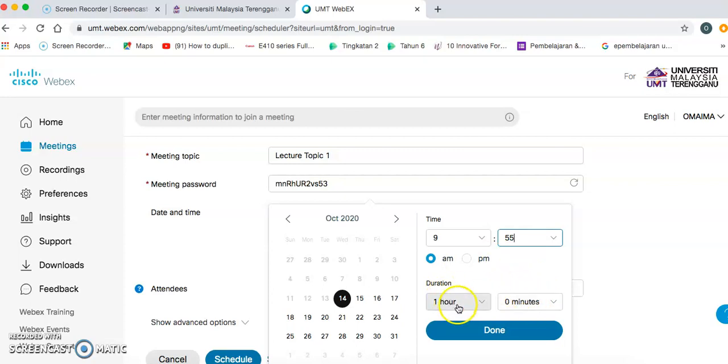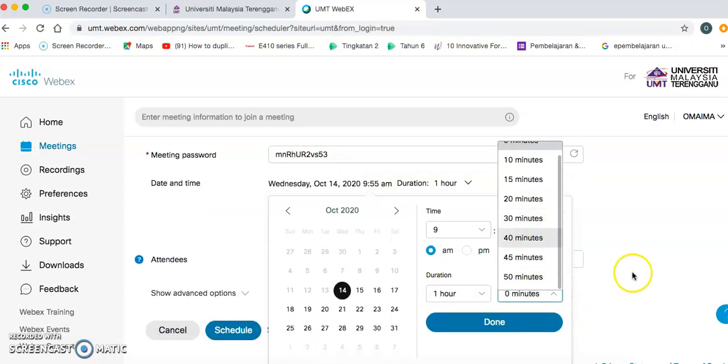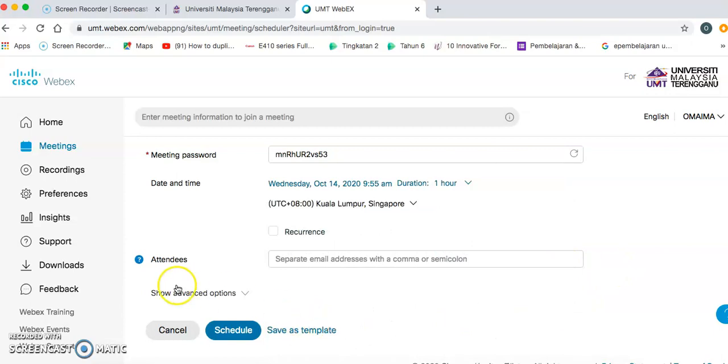Okay, for the duration is for 1 hour ataupun it can be 1 hour and 30 minutes, so still up to the host ataupun the owner for that particular meeting ataupun lecture. Okay, it's done. And then don't forget attendees, that's okay. Sebab nanti kita boleh just copy link yang akan didapati later on, and then paste to our students group ataupun on our LMS as a reminder to the student. Okay, so just click schedule,